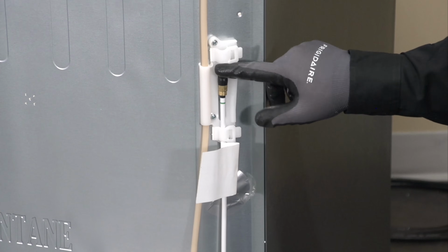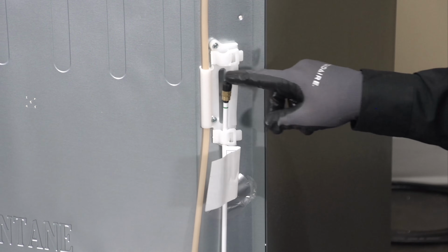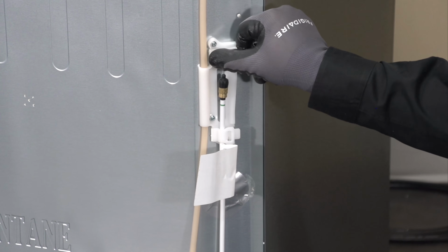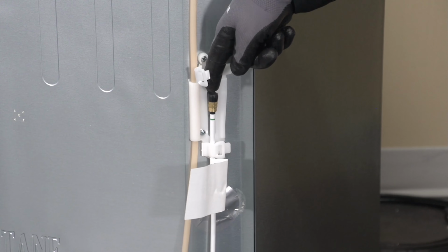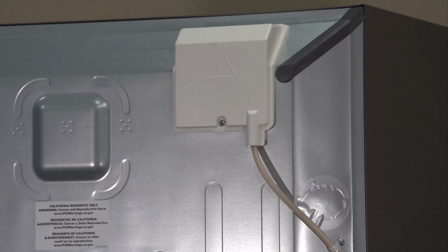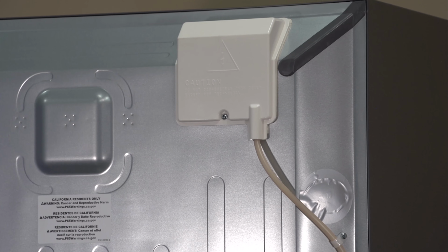So I just wanted to follow the path that our water is going to take, just to give you guys some perspective. So this little holder here is actually holding the connection for where our house water supply comes in. It's got a little clip here that you run the house supply into, and lock it back in place. Water goes down to our valve. Then it's going to come out of our valve and run up to the top here underneath this cover, which is behind our filter head on the inside. So let's go ahead and pull